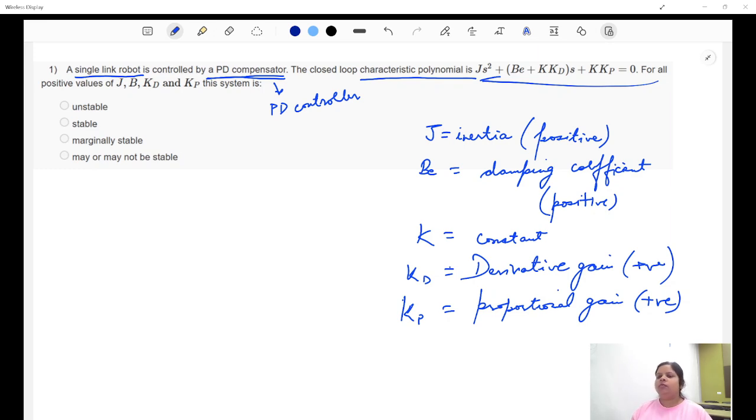Routh-Hurwitz array. Right, because that appears to be one of the very simplest ways here. It is already given that a few of the coefficients are positive, and we have the characteristic equation. Let's try to find all the coefficients. If the coefficients are of the same sign, we can say that it satisfies the first condition.